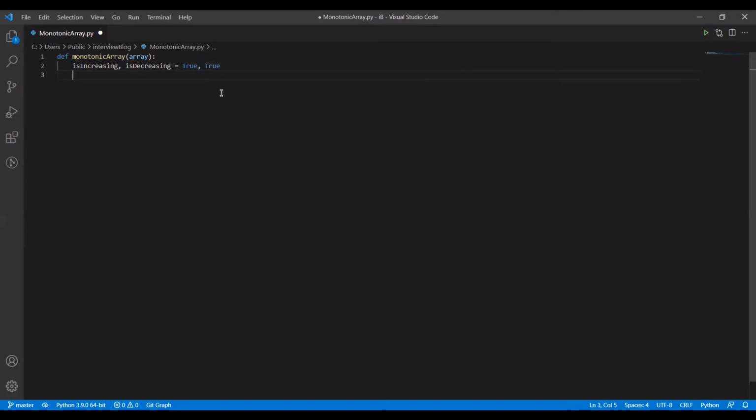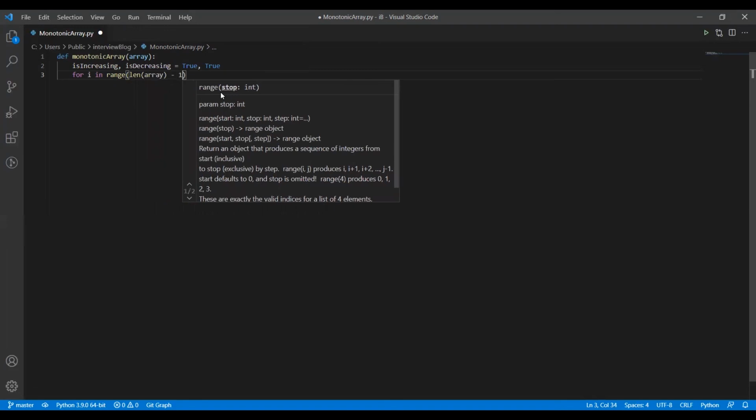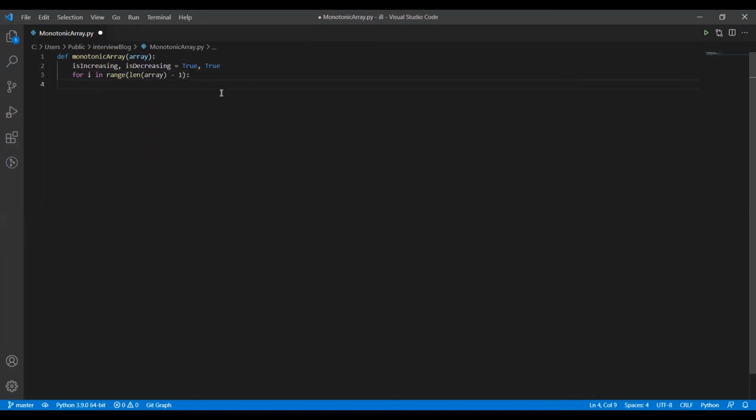Now we'll be traversing the array, that is for i in range, len of array - 2. That is, we'll be traversing till the last before element, since we are calculating the current element and next element at each step.